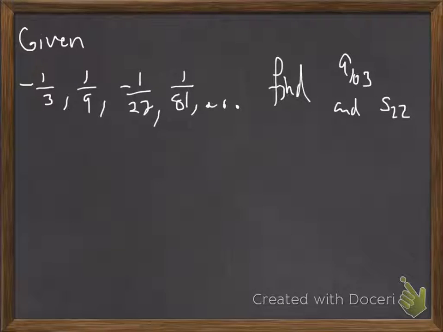Alright, in this video we're going to look at two sequences, and we're going to find the 103rd term and then the sum of the first 22 terms of the sequence. So here I have a sequence that appears to be alternating between negative and positive: negative 1/3, 1/9, negative 1/27, and 1/81. It doesn't look like I'm adding or subtracting the same number over and over again, so